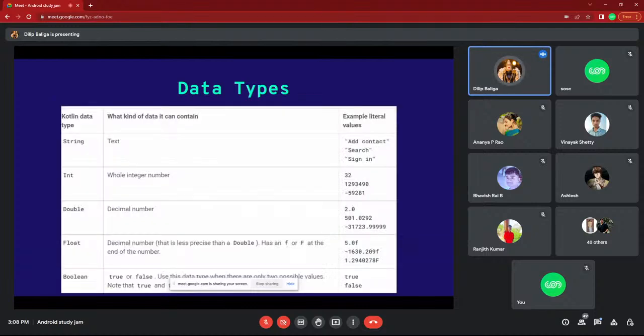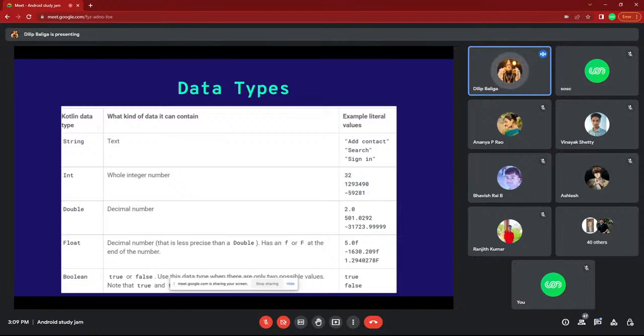Next, data type. I think everybody has gone through data types, which means holding a value. We have some type, meaning some memory allocation. If I want to store any content, I want to allocate some memory, and for that memory I have to define which type to allocate. For example, string, integer, double, float, boolean, all those are the basic data types.